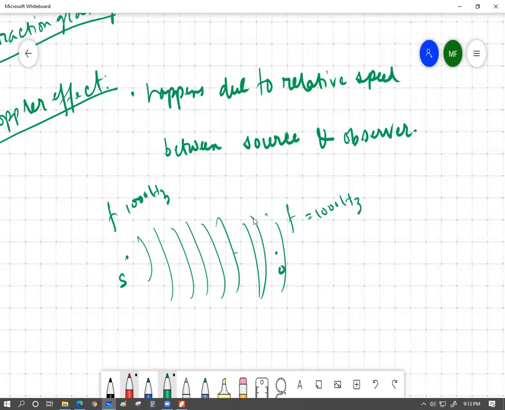But that would not be the case if any of them is moving with respect to each other. For example, let's say if the observer... এখন বুঝি নাই স্যার বুঝি নাই, মানে স্যার জিনিসটা বুঝলাম না স্যার, আপনি কি